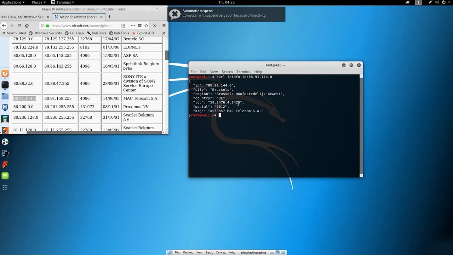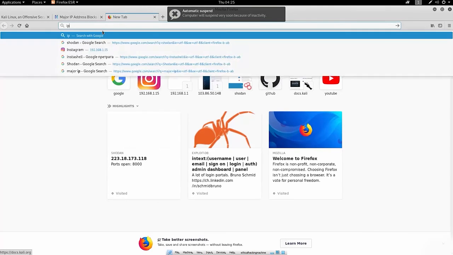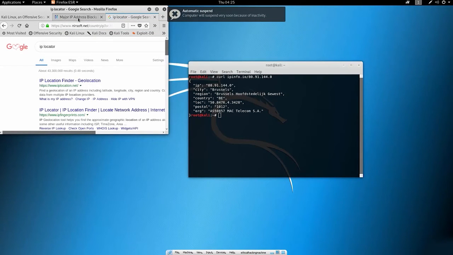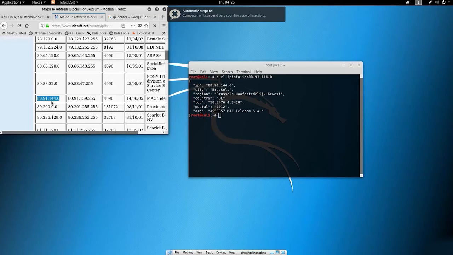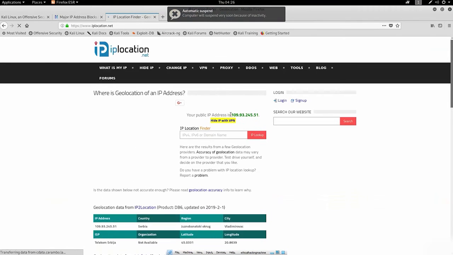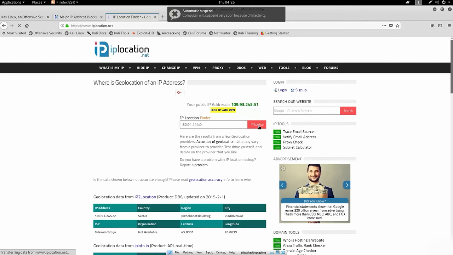Now, you can see that you can find a lot of stuff with simply looking up the IP address. And there is also one more thing you can do in the search engine. You can just type here IP locator. And we can use the same IP address that we copied from here, which is this one, 80.91.144.0, and we will just pick the first site, which will hopefully locate our IP address. If we paste here and go on the IP lookup,